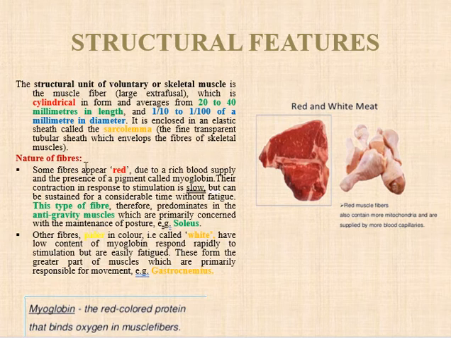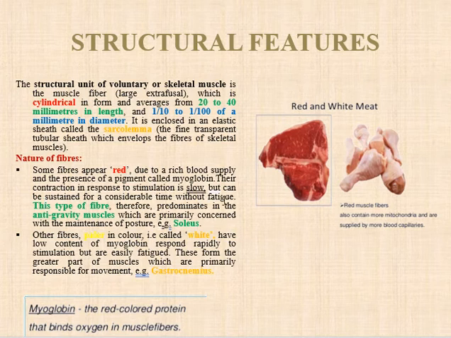Nature of the fibers. Some fibers appear red due to rich blood supply and the presence of a pigment called myoglobin. Their contraction in response to stimulation is slow but can be sustained for a considerable time without fatigue. This type of fiber therefore predominates in the anti-gravity muscles, which are primarily concerned with the maintenance of posture,